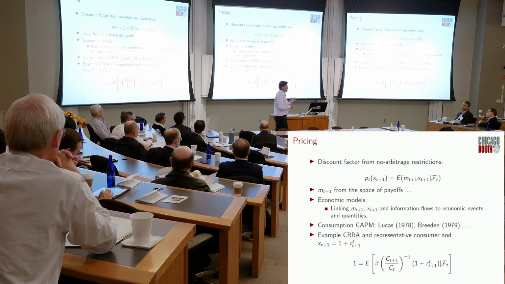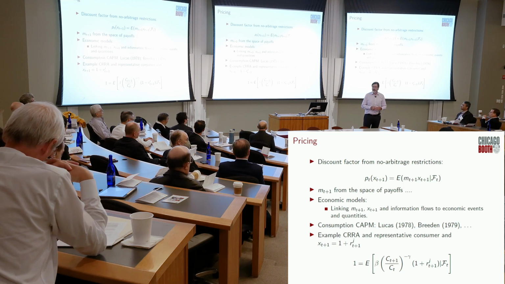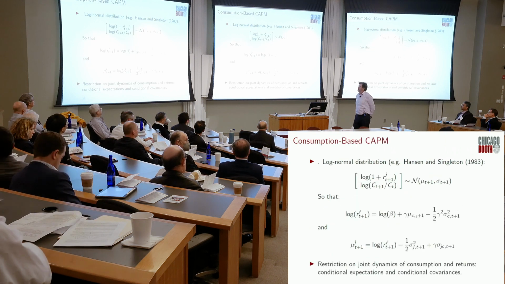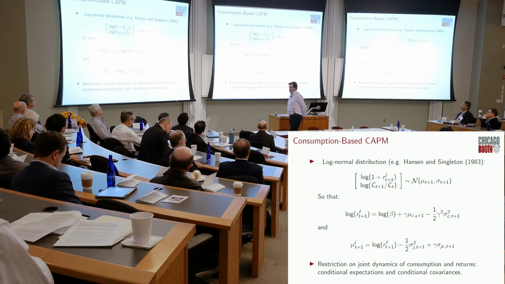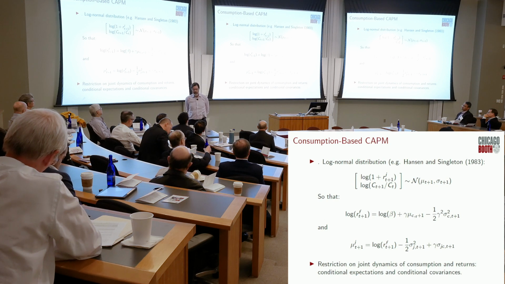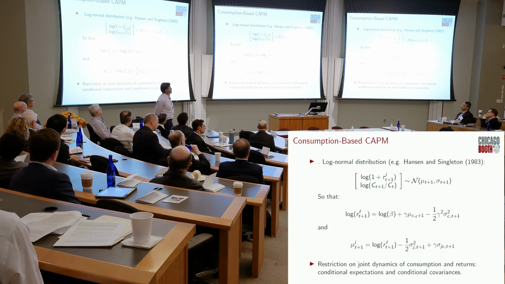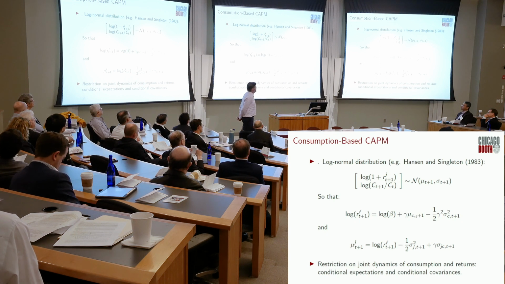Okay, so then there's of course this issue, like how the hell do we measure consumption? Do we really want to use aggregates that are mismeasured or not representative, and so on. Okay, so if you think about the whole dynamics there, one approach in the literature, like in Hansen and Singleton in their JPE paper, they said, look, let's write down a model for the joint distribution of returns, say, and aggregate consumption, right? And so this is conditionally normal.